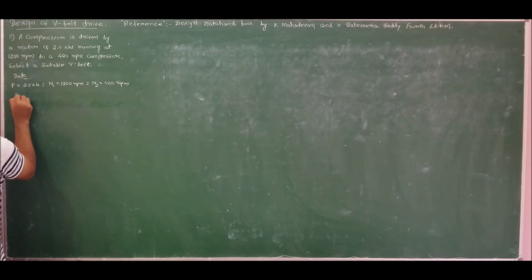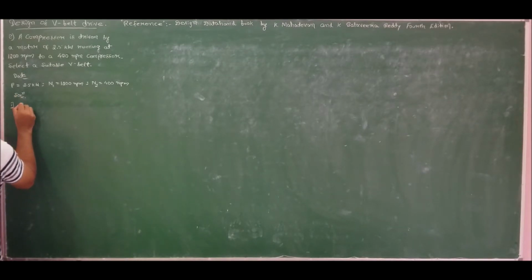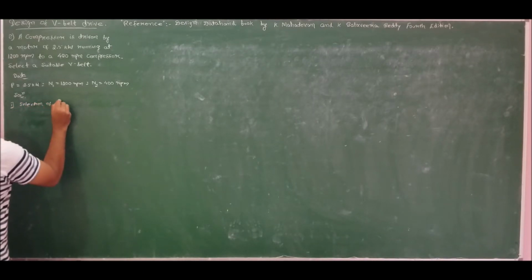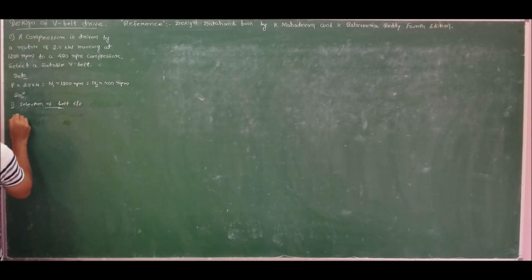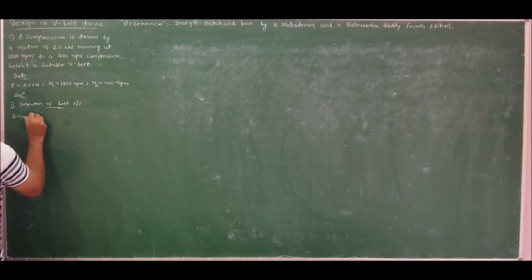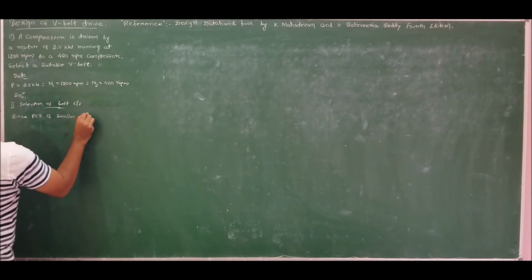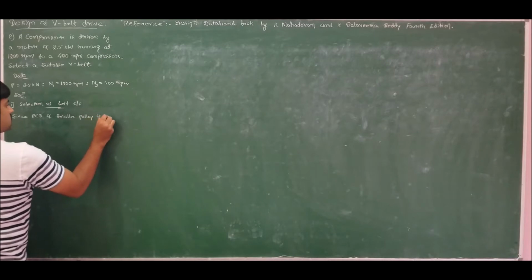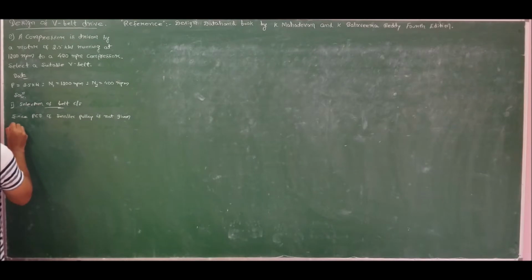Now if I move ahead for the solution, in step 1 we should go for selection of belt cross section. Since the pitch circle diameter (PCD) of the smaller pulley is not given, therefore based on power,